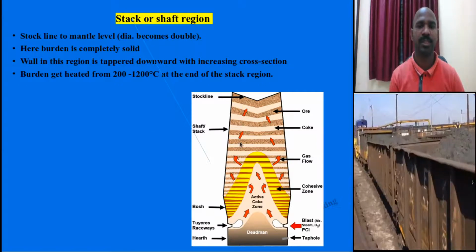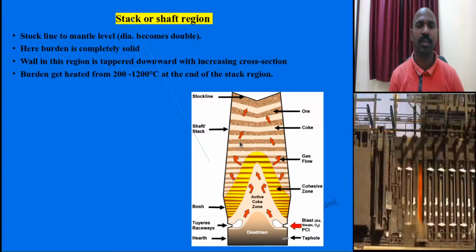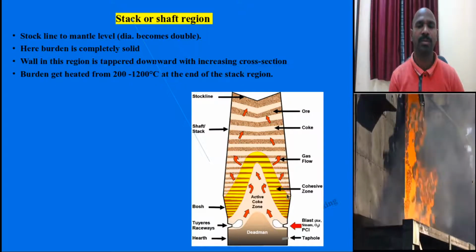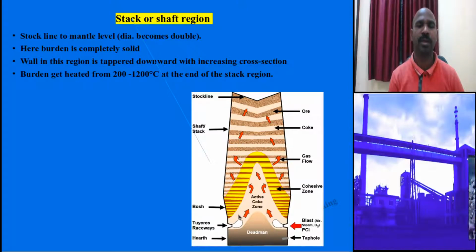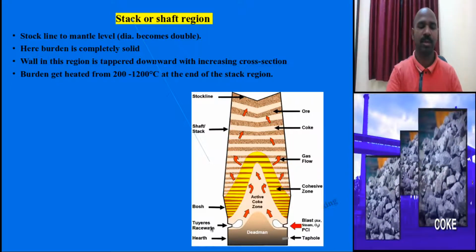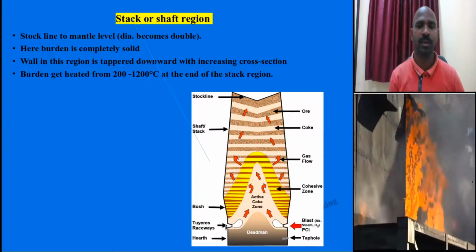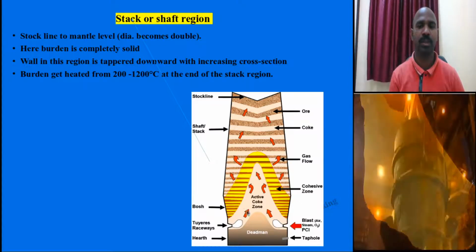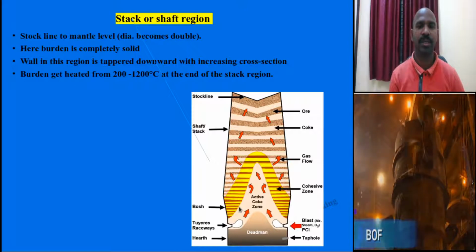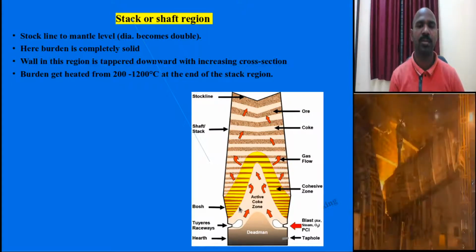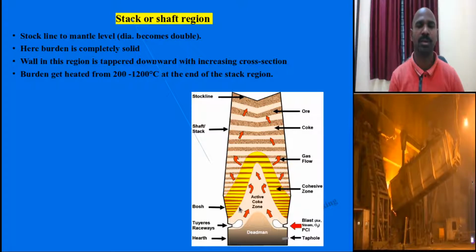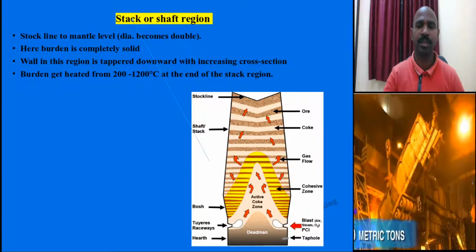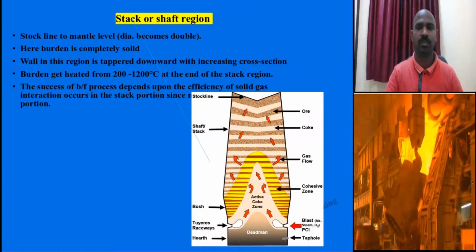This much variation exists, so that slowly the material softens and descends into the Bosh zone, crossing the belly zone. In the Bosh zone, the temperatures are very high, and as the hot blast temperature is 1000 degrees Celsius, coke combustion occurs and the entire solid material gets softened and converts into the liquid state of molten pig iron and molten slag, which you will see in the Bosh region, and I am going to give more detail in the next slide.